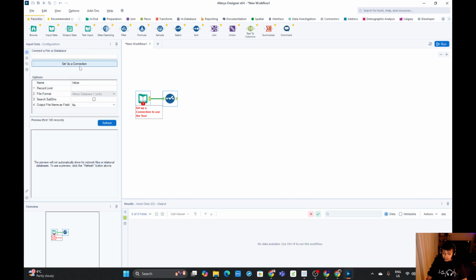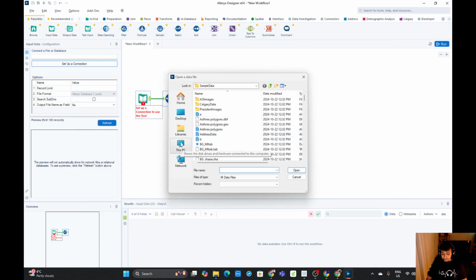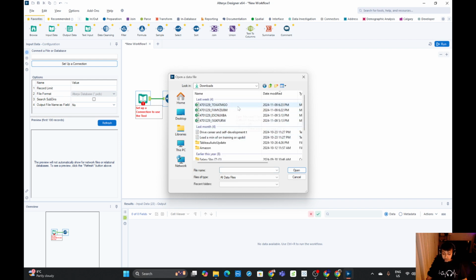Now, for example, let me just click on this and let me show you. If I go to files, and you are not sure which format of the data you are looking for, you can just click on select file. But if you know, for example, if you're looking for an Excel file, just click on XLS. Or if you're looking for a text file like a CSV file, comma separated values, you can just click on this. It'll filter out and show you those files. But if you're not sure what format the file is, you can just click on select file and go to home, and you can click on downloads. For example, if I want to connect any of the data sets,